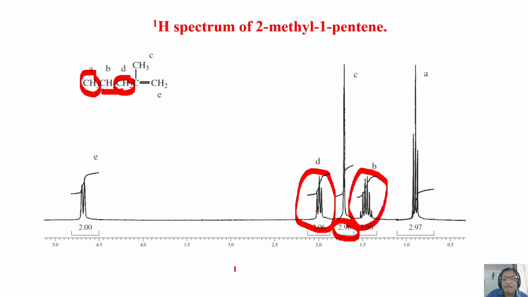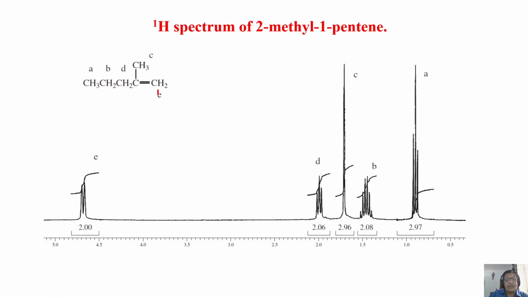If you have a single peak with relative intensity 3 with respect to other groups, it must be a CH3 group which is uncoupled. This is the only CH3 group which is uncoupled. So as a consequence, you can assign this for the CH3. That's also done. Now what is left over? Left over is CH2. This is not coupled to this, not coupled to this, all these are not coupled. Then what is the pattern you expect? When none of them are coupled, this CH2 has to be a singlet. Okay? But it is not a singlet here. What is this pattern? Why?